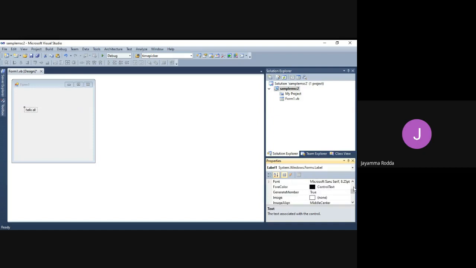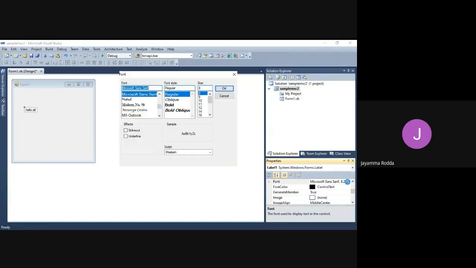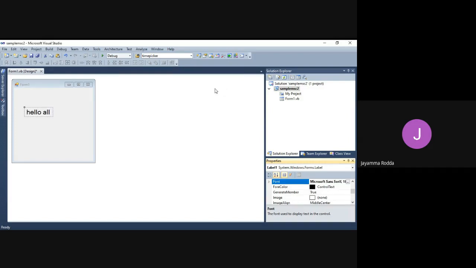For the hello all, as you said, you cannot see the text here. I will make it visible to you by setting the font to 18. Hello all. And here we will try to change the color.